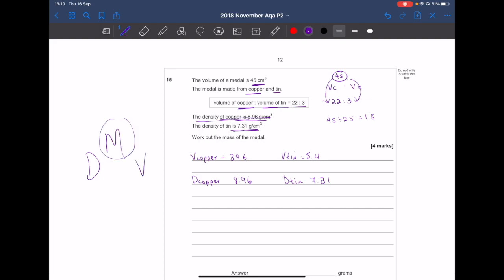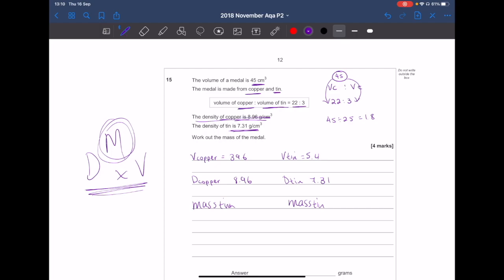So we need the mass, that's what's missing. So we need the mass for both things. So the mass for the tin and the mass for the copper is going to be worked out by simply multiplying across. So all I've got to do is multiply across, the density times the volume, and we're going to get two masses, and the two masses are,